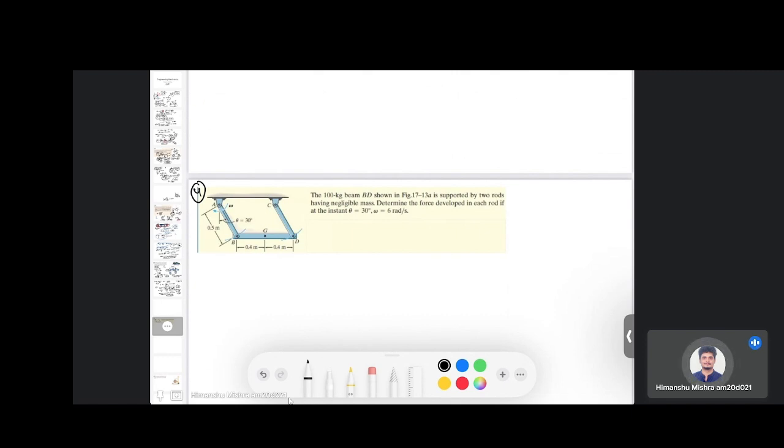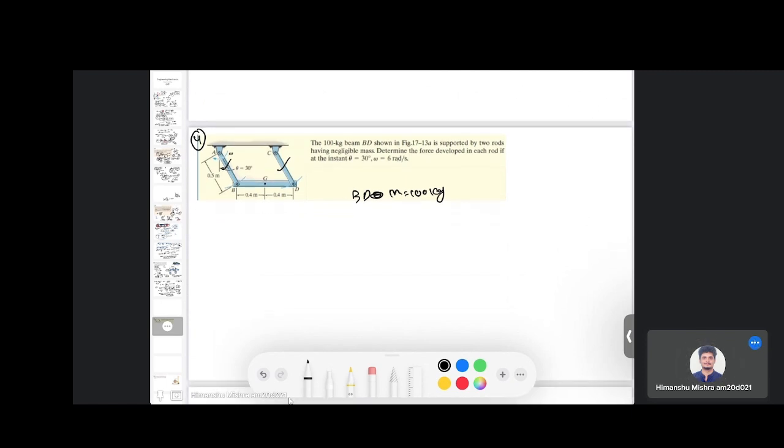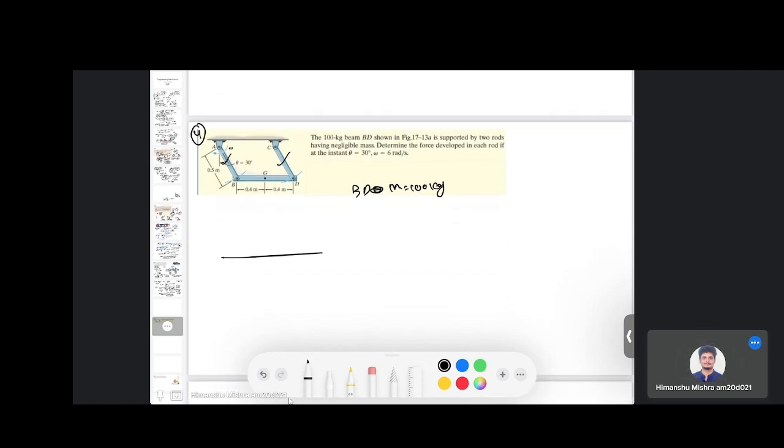So in this problem, we are given a 100 kg beam BD, which is supported by two rods having negligible mass. Determine the force developed in each rod if at the instant theta equals 30 degrees, omega is 6 rad per second. So basically we need to determine the force on these rods, and we are given that there is a beam BD which has a mass of 100 kg, right? So this is beam BD,